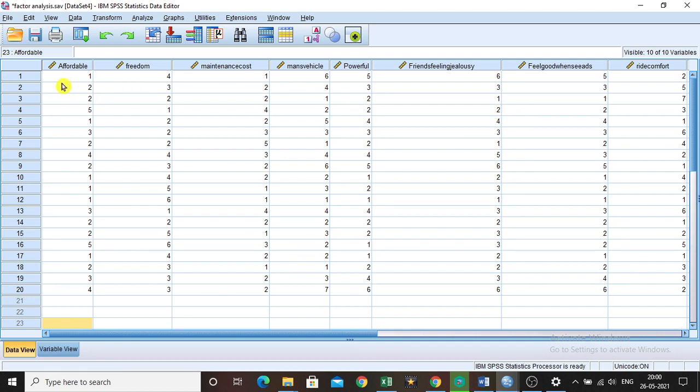Factor analysis is used for reducing the number of variables and converting them into factors. So that is the objective of doing factor analysis. When we do research, we get the variables from the literature review, and then we conduct the survey. From the responses we collect the data and start analyzing it.